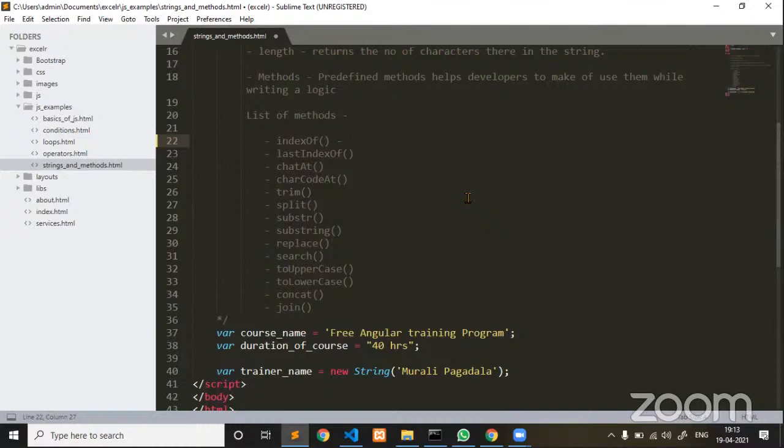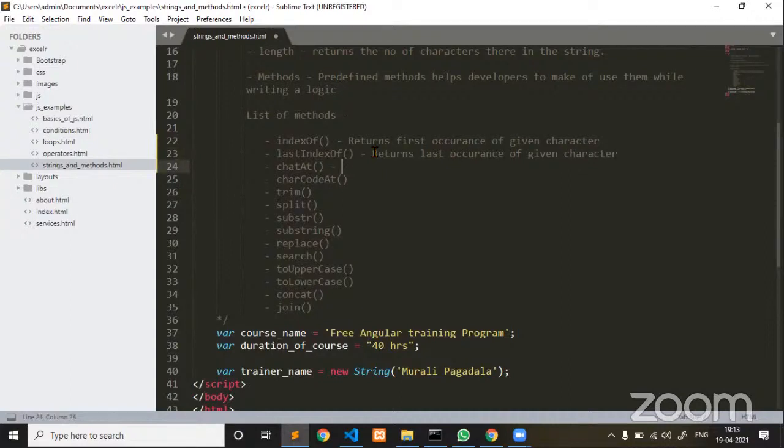Whereas lastIndexOf returns the last occurrence of a given character.